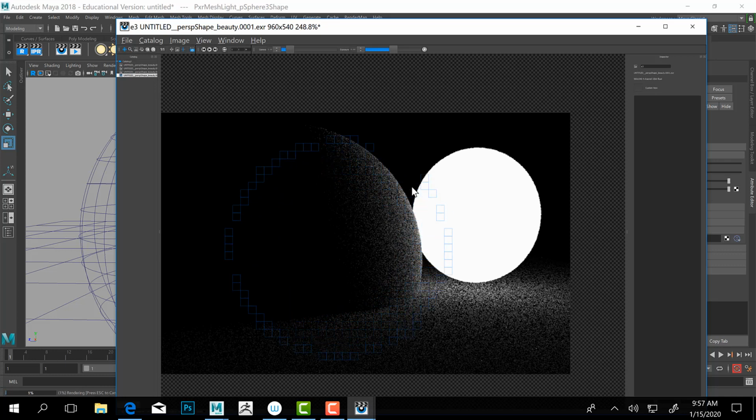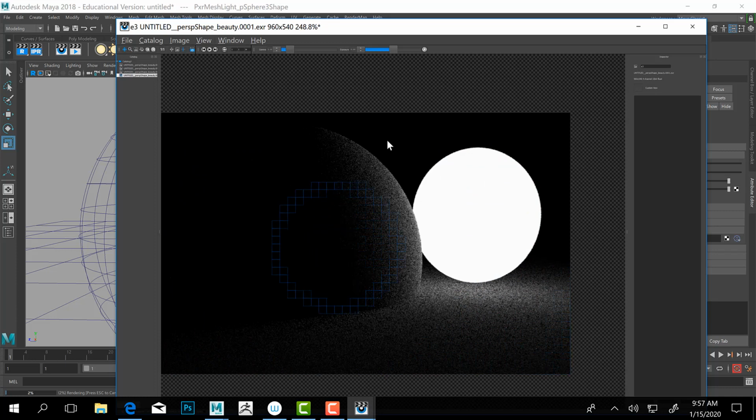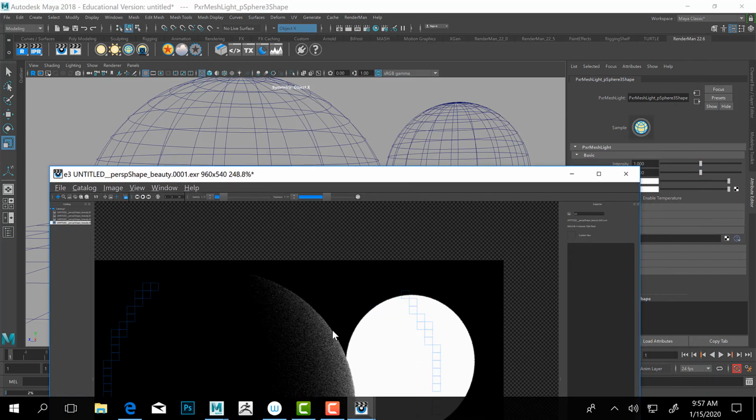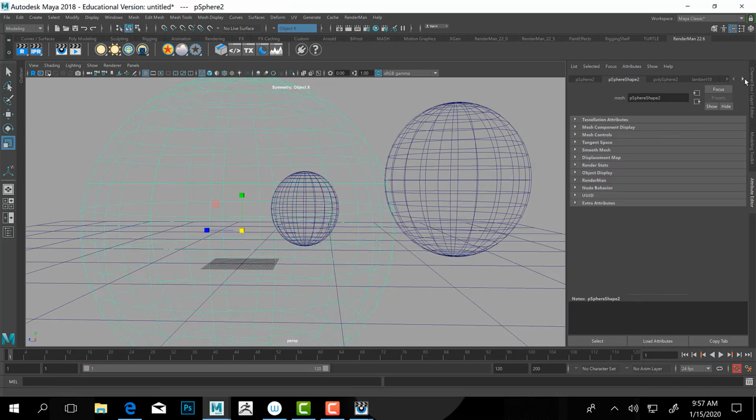So it looks pretty solid, the volume does, which is the big sphere. It feels like there's maybe a little bit of subsurface going on because there's light entering the object and moving around. But otherwise, it feels pretty thick, pretty solid. So if I start changing the density of this object,